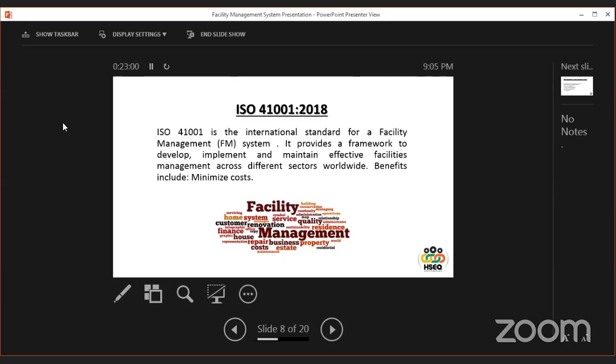Now, when we see this definition of the standard, it is giving a complete framework. First of all, they are saying develop. As per the requirements of the clauses of this particular standard, we need to develop the system, then we have to implement the system. Whatever we have developed, we have to implement it. And what they are saying about maintain effectiveness: when we are implementing, we need to sustain the system. Whatever gaps come during the implementation, we have to take certain actions in order to rectify